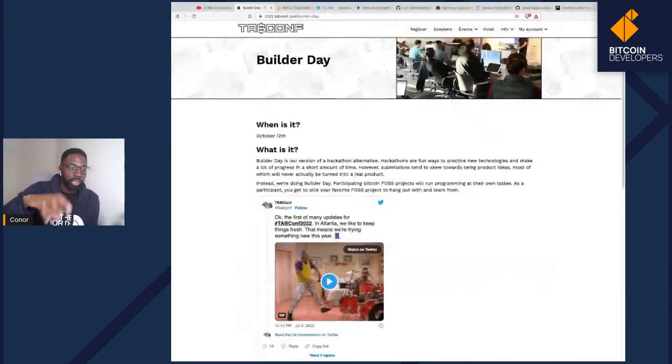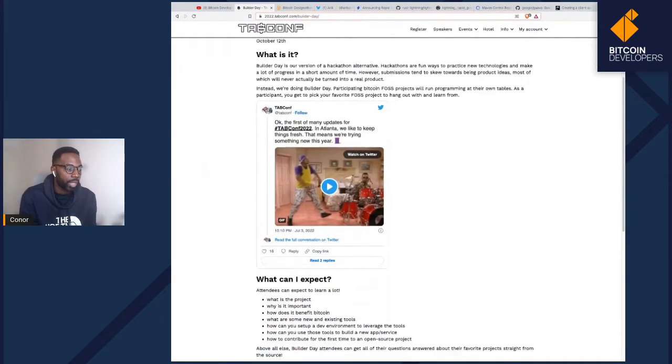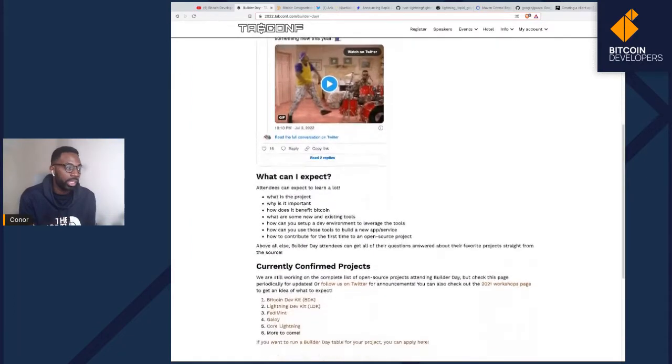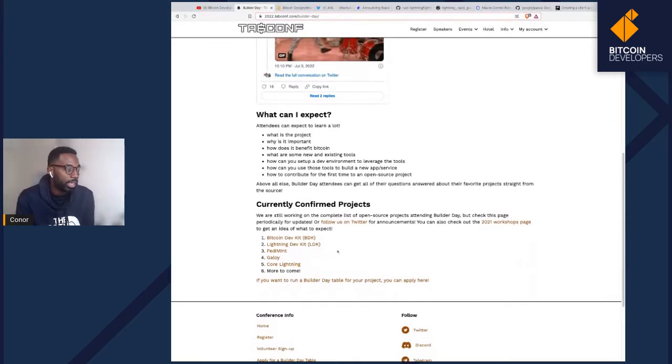It seems like different projects within the Bitcoin free open source community are going to have their own dedicated tables, and attendees of the conference can speak to some of the maintainers and contributors to these projects, depending on their needs. In our case, there's going to be an LDK table, a Bitcoin Dev Kit table, Fedimint, Galoy, Core Lightning.